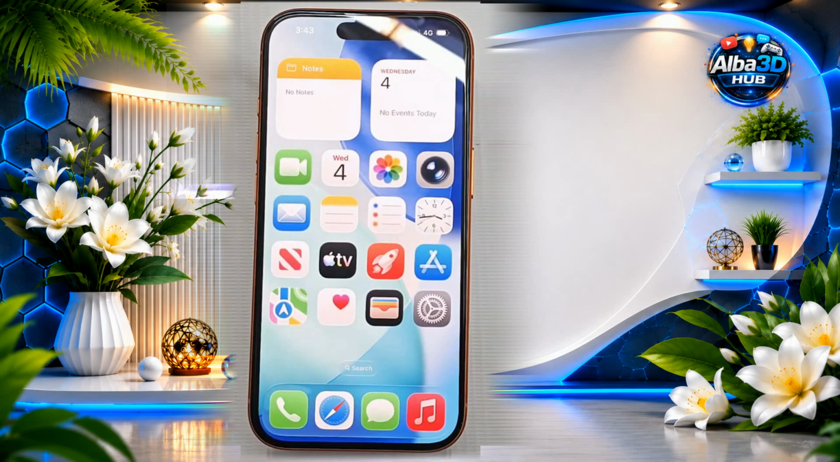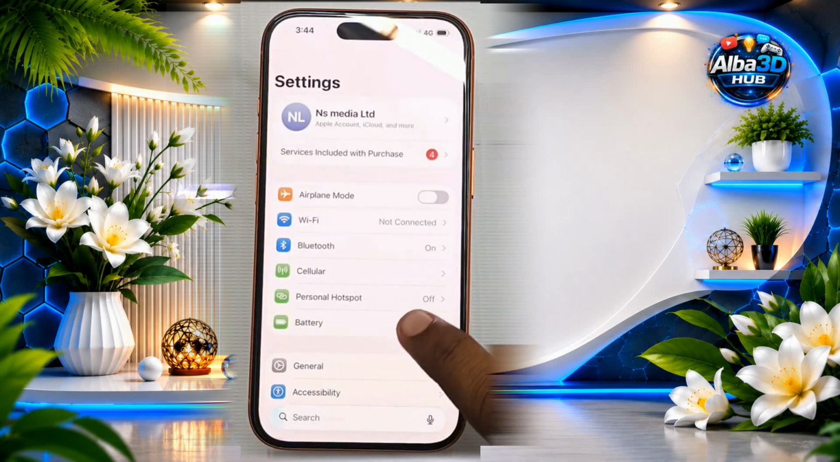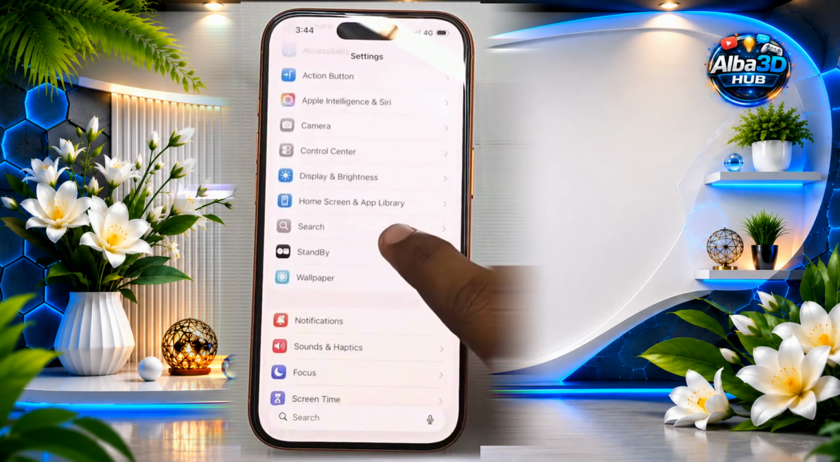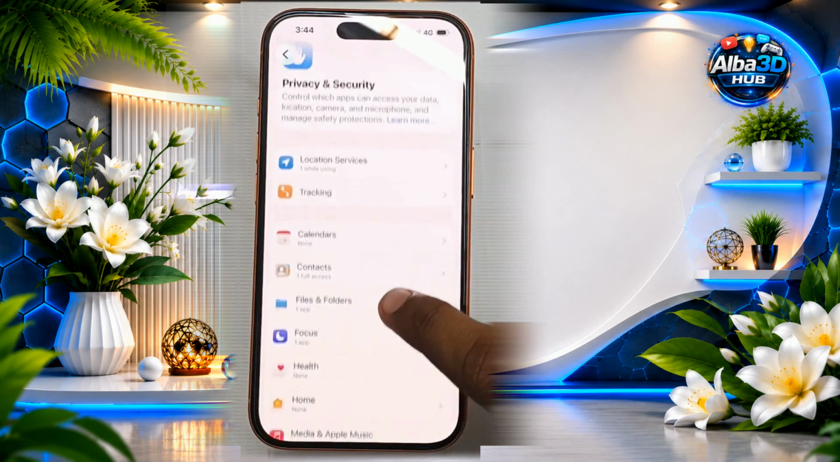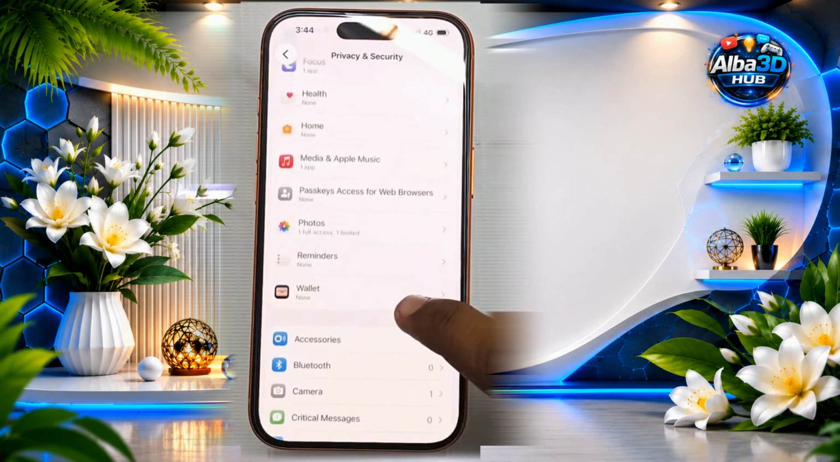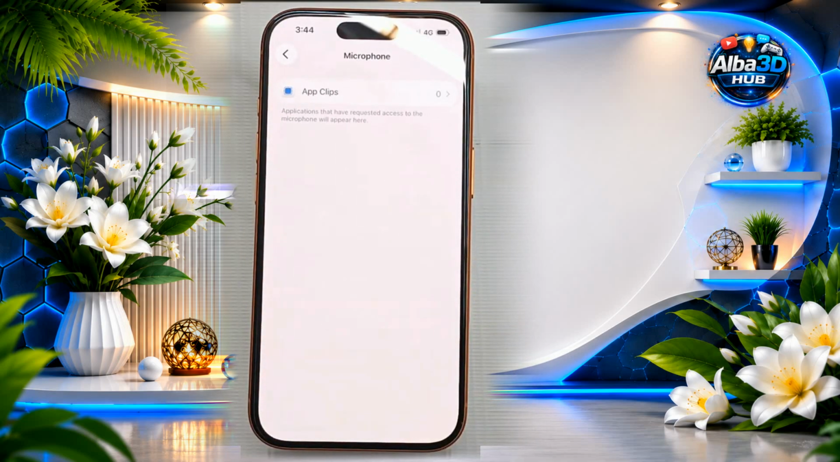Now, to check this on your iPhone, you need to open the Settings app. Once you're inside Settings, scroll down and tap on Privacy and Security. After that, scroll down again and here you'll see the option called Microphone. Go ahead and tap on it. Now, inside the microphone section, you'll see a list of apps that have requested access to your microphone. As you can see on my screen, there are no apps showing right now, but in your case, this list